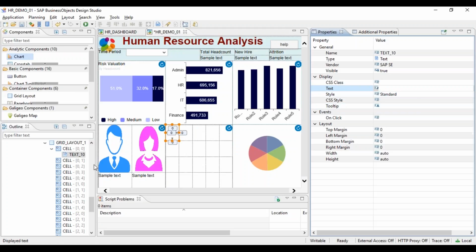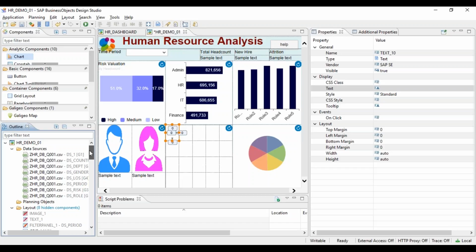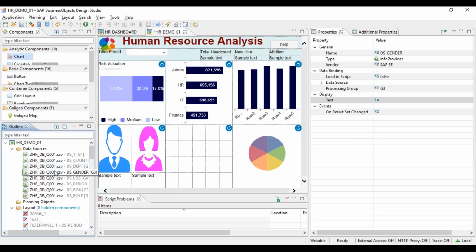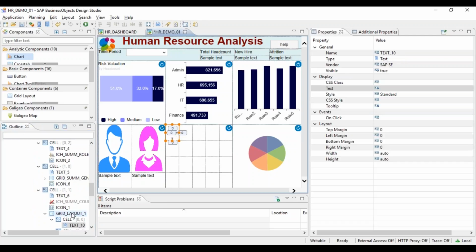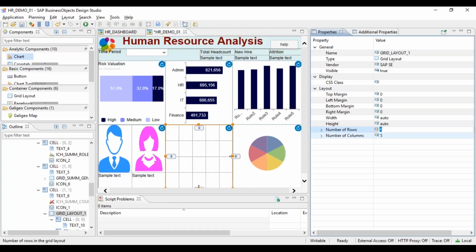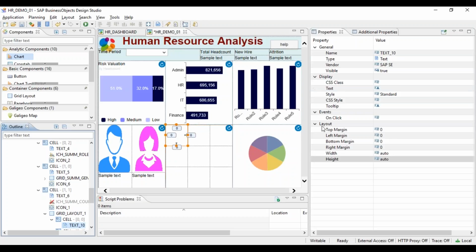For example, let me create one data source. I'll take this data source. I'll take just male and female numbers. In the table, I'll put male and female numbers. So instead of this crosstab, what I'll have is 3 rows and 2 columns.